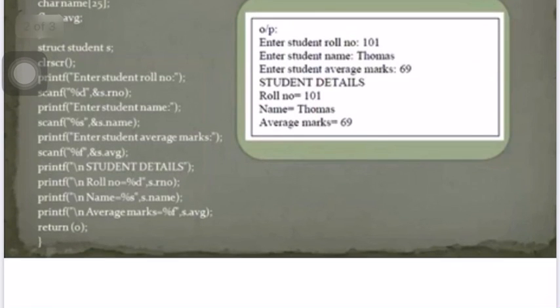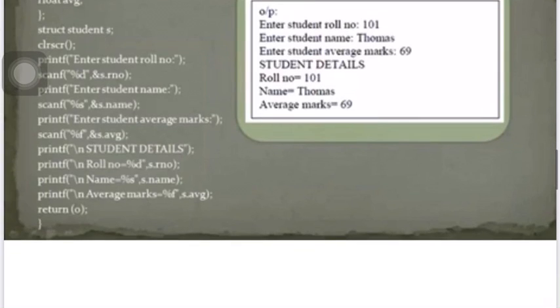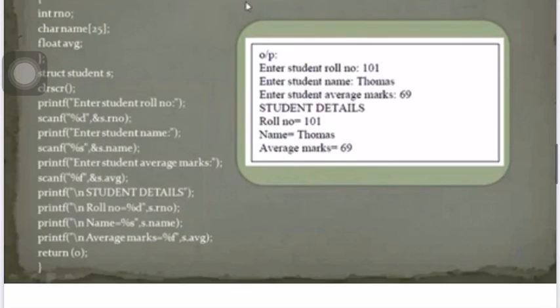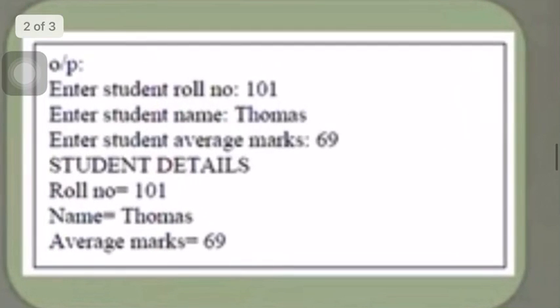Like that average marks is read. Then we are also printing the student details using the commands below: printf roll number, printf name, and printf average marks. This is the expected output.